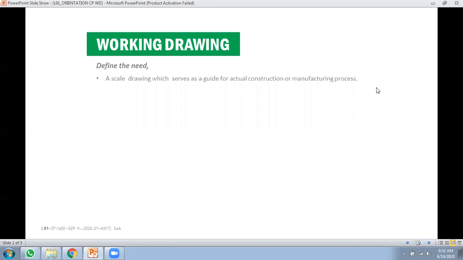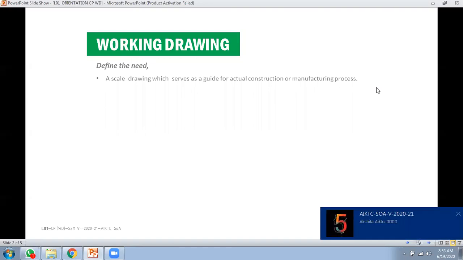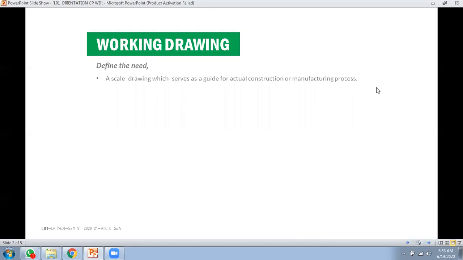All the build drawings or working drawings are of a very specific scale, and they help all the contractors and all the consultants understand how actual construction or the actual manufacturing process is going to happen. So it is something which is going to be different from the design drawing.